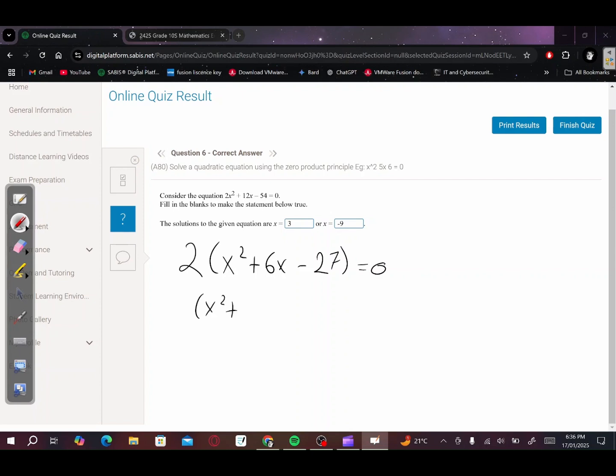x squared plus 6x minus 27 is equal to 0. Remember, 2 divided by 2 cancels, this makes 1, and 0 divided by 2 is just going to be 0. So this is where we are now. What we're going to do is factor this even more. x squared plus 2 numbers that multiply to make 27 and add up to make 6. This is going to be